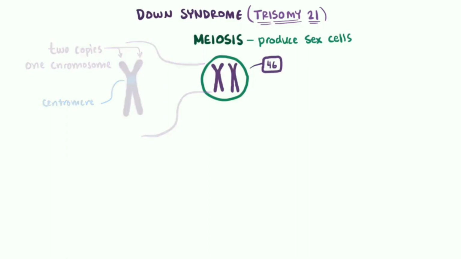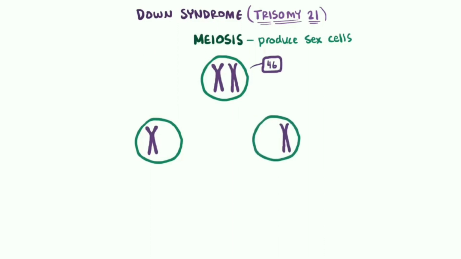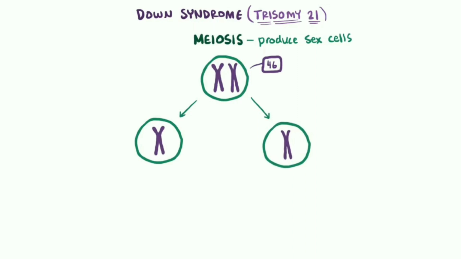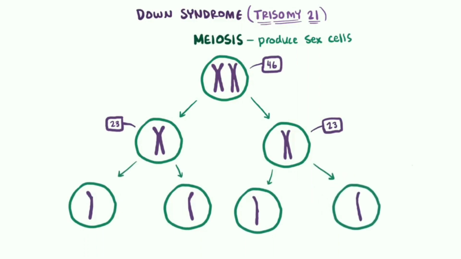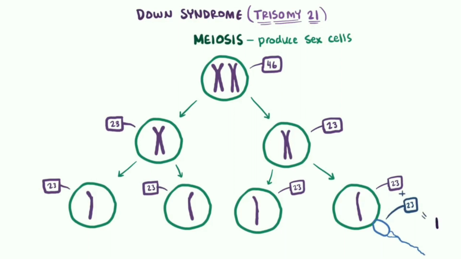Okay, then the cell separates into two and pulls apart the paired chromosomes. So in each of these cells you now have 23 chromosomes. Now the two copies of the chromosomes get pulled apart and the cells separate again, which means 4 cells, each cell with 23 chromosomes. Now these are ready to pair up with a sperm cell from dad that has 23 chromosomes as well, totaling 46 chromosomes. And then 9 months down the road,